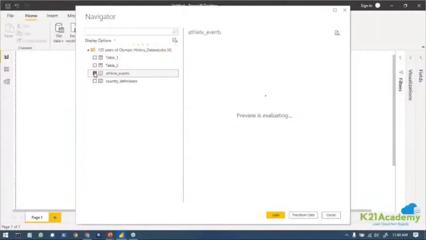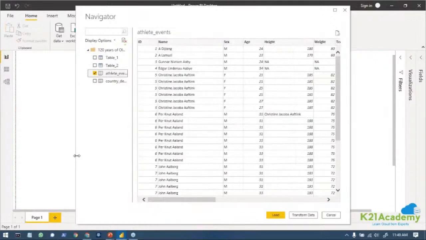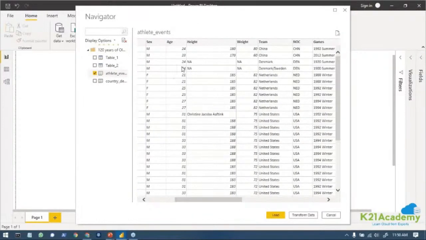Let's see if our data has been uploaded or not. Once I'm done with that, I would get this option. Which one do I want to choose? I'll choose this athlete table. And before I move on to visualizing, let me quickly see what we have present over here. First off, we have this ID. It looks like ID is proportional to the name, which is basically like if a person has the same name, then the ID remains the same. So ID is unique to a person. Then we have sex over here, which tells the gender. And then moving on, we have age, then we have height over here,